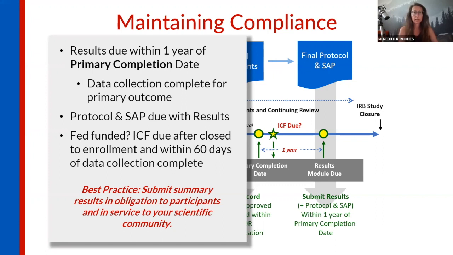Just a reminder again, if your study is federally funded and held within the scope of the revised Common Rule, we can also upload the informed consent form that was used to consent anybody to your study to the documents section of the PRS. And we would recommend a best practice of submitting results in obligation to participants and in service to the scientific community,